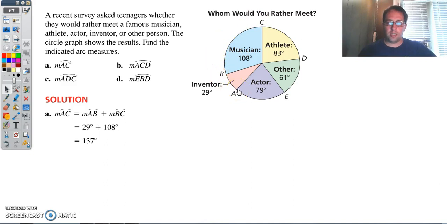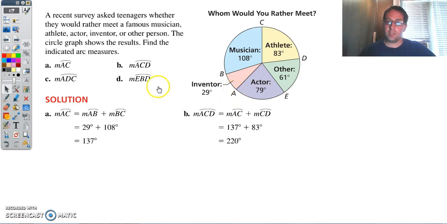Arc AC is 137, and to that we just need to add this 83 degrees for the athlete section, right? And so that's what we do. 137 degrees plus 83 degrees gives us 220 degrees for the measure of arc ACD. All right, next we have